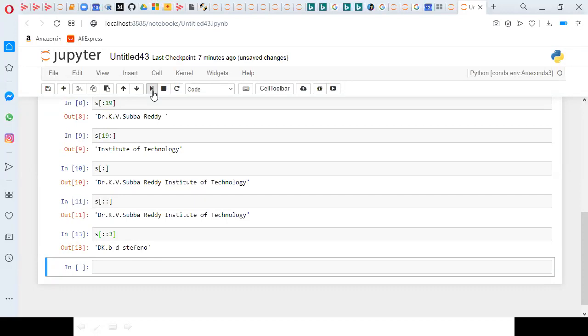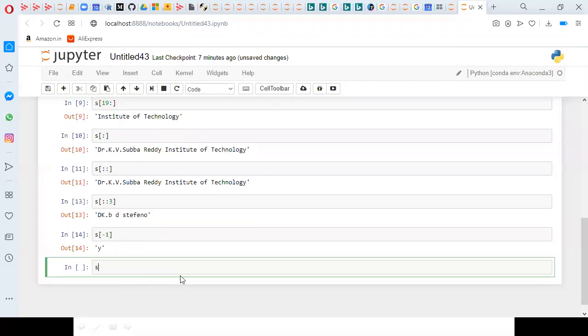And you can go with reverse indexing also. For example, if I want to reverse the string, I simply write s of minus 1.